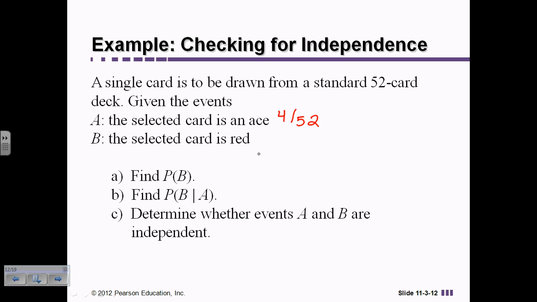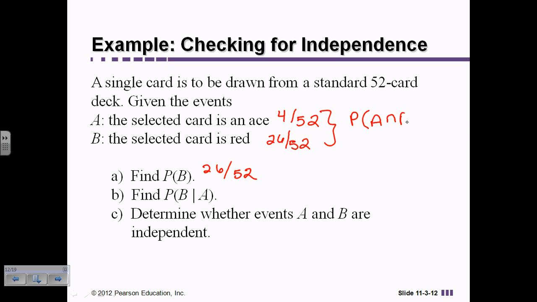The probability that the card is red, there are 26 cards in the deck that are red, so it's 26 out of 52. So the probability of B, and I'm not going to reduce my fractions yet, I'll reduce in the end. The probability of B is 26 out of 52. The probability of B given A, so what I have to do is look at this and say, if I look at all the red cards and all the aces, how many overlaps are there? So I want to see for this part of the problem, I need to know what is P, the probability of A